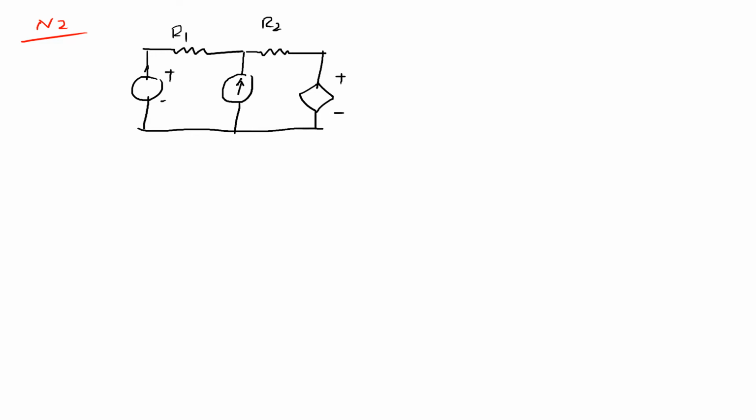So R1 is given 4 ohm, R2 is given 2 ohm, and the current flowing through this R1 is denoted as IA, and this is a current source of 3 ampere. This is a voltage source of 16 volt, and this is a current dependent voltage source, whose value is given as 4 IA. Okay,